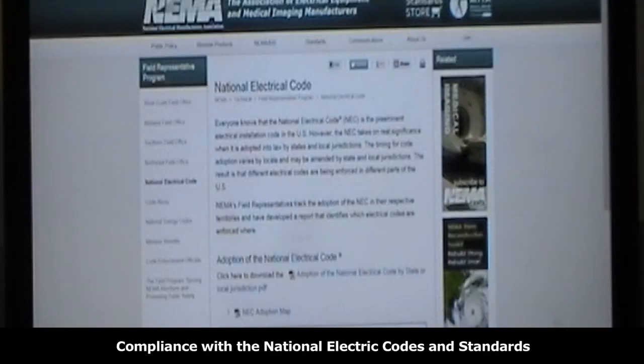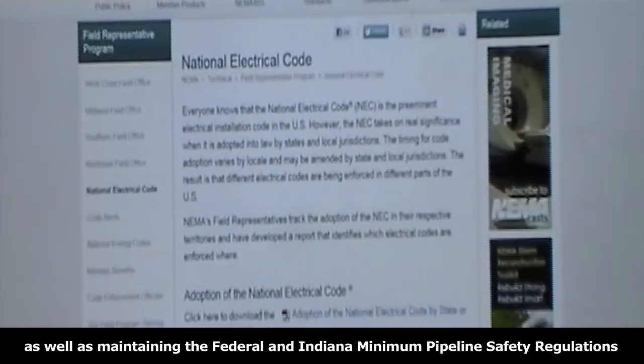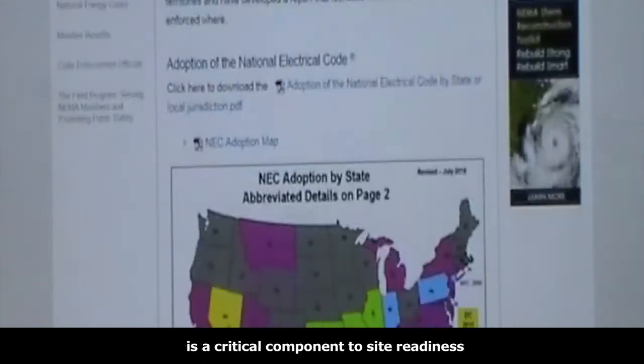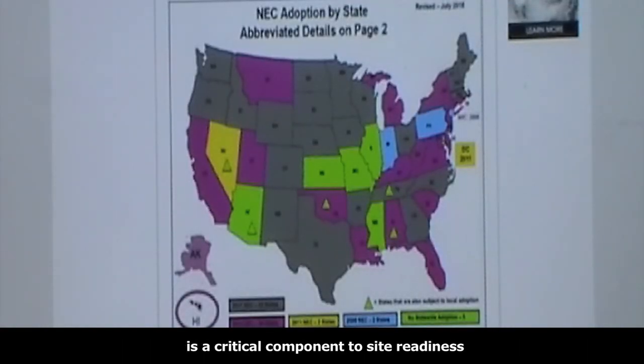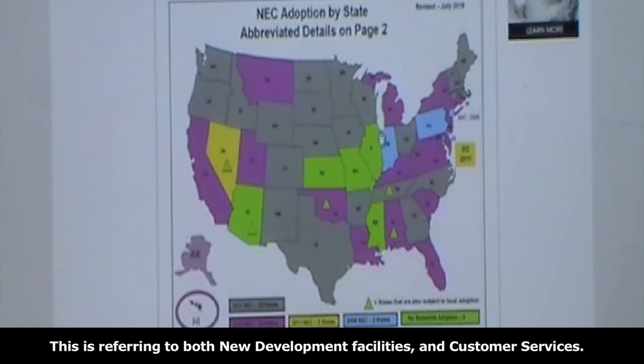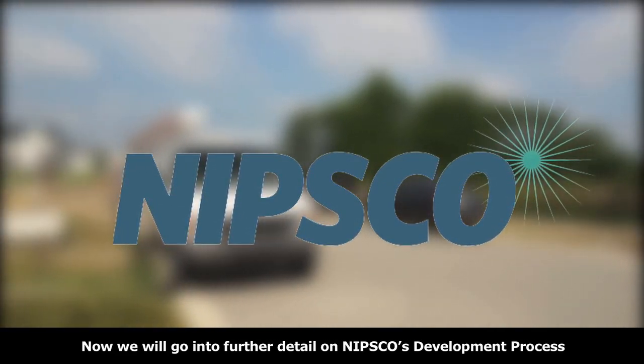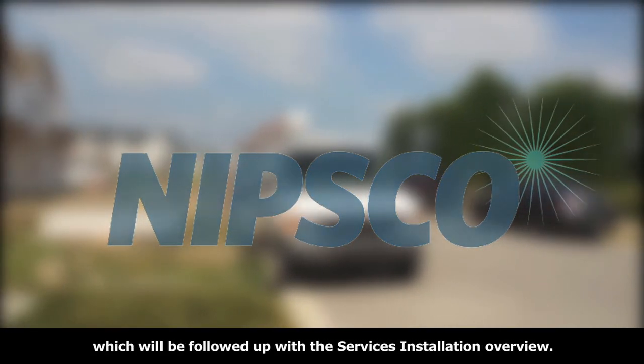process. Compliance with the National Electric Codes and Standards, as well as maintaining the federal and Indiana minimum pipeline safety regulations, is a critical component to site readiness. This is referring to both new development facilities and customer services. Now, we will go into further detail on NIPSCO's development process, which will be followed up with the services installation